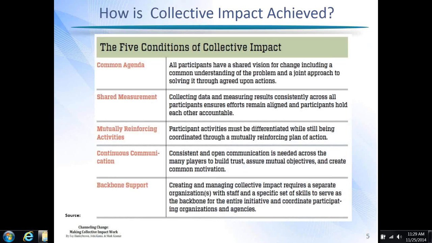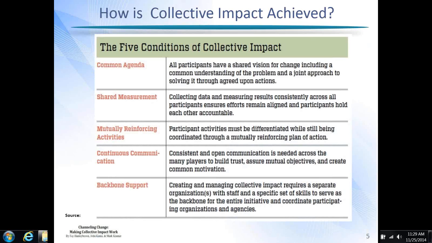So in the first couple articles on collective impact, these 5 conditions of collective impact were identified. And these have really proven to be a useful way of thinking about how communities can make this shift from isolated impact, where individual organizations, individual programs are out there trying to solve problems and trying to prove to the funders that they are the ones that should be funded because they have the most effective solution.